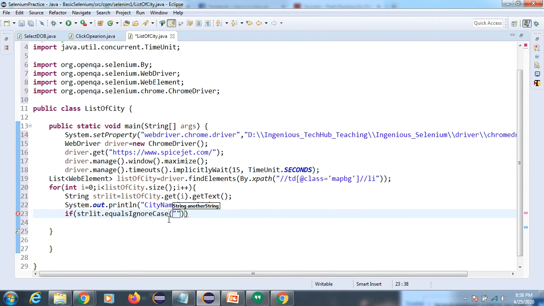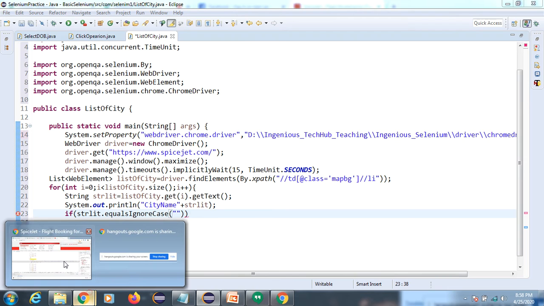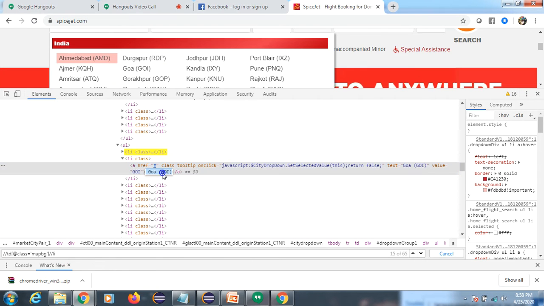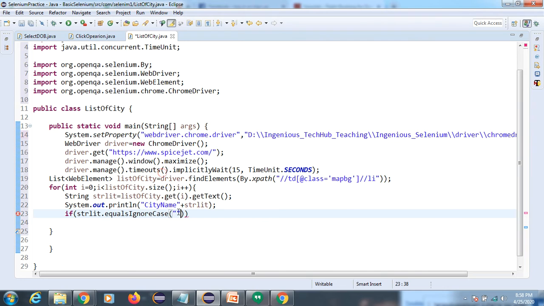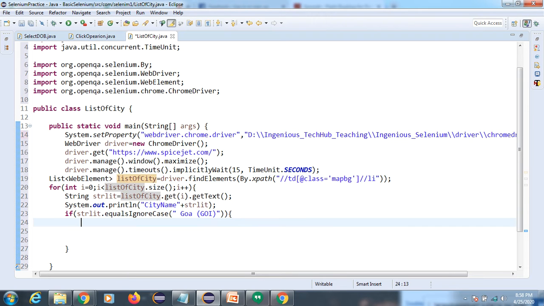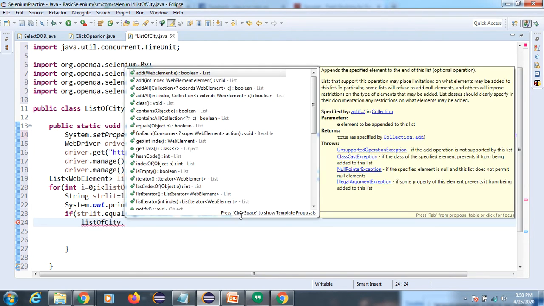Okay, I will explain because I did not teach you string in your batch, so I need to explain this a little bit. Here we are using the string concept, right? If I make a diagram, I will explain this code. This type of code, they will ask how to handle multiple drop downs, how to handle multiple tables, how to handle multiple frames. These are favorite questions for the interviewers.